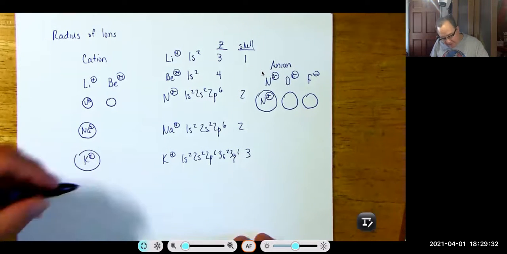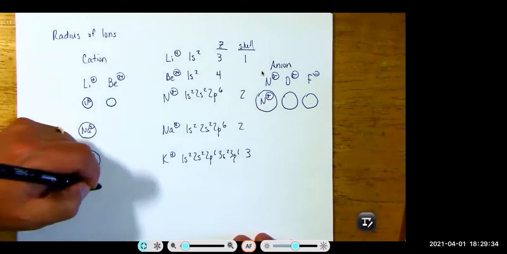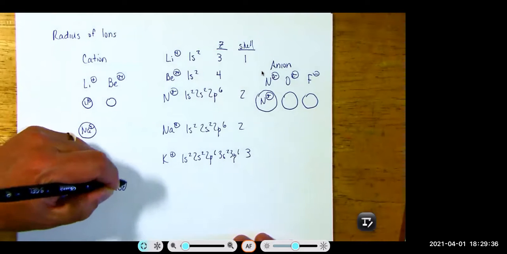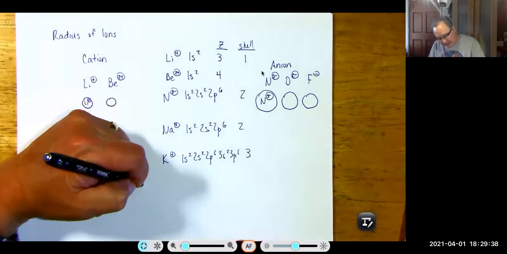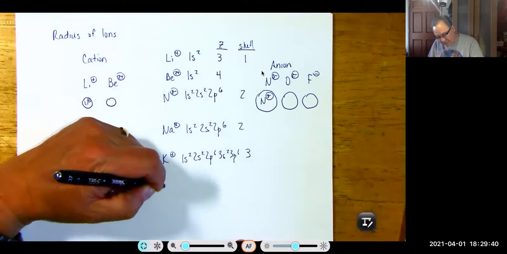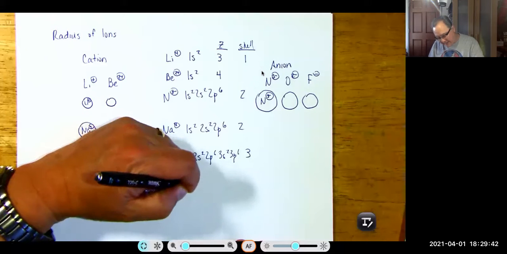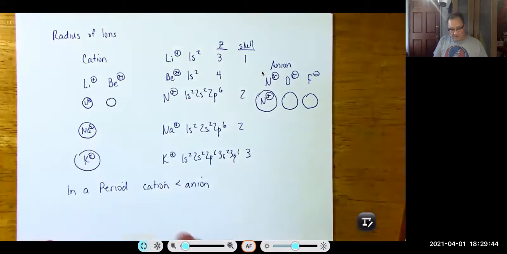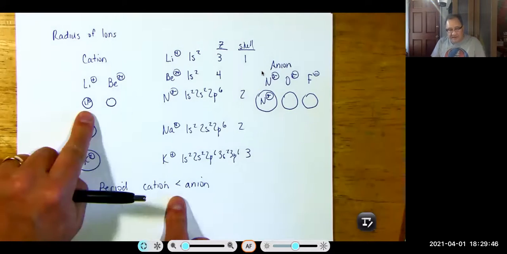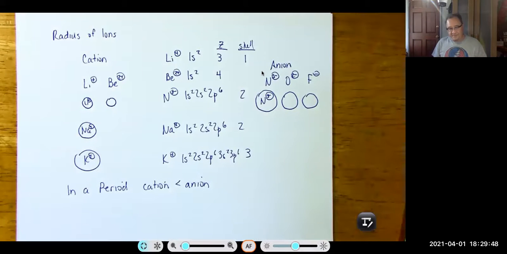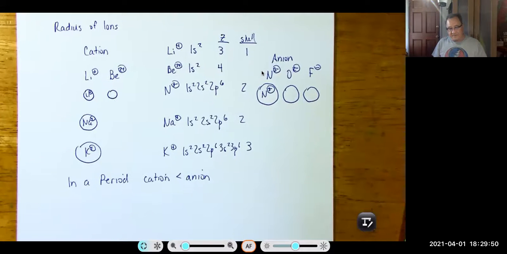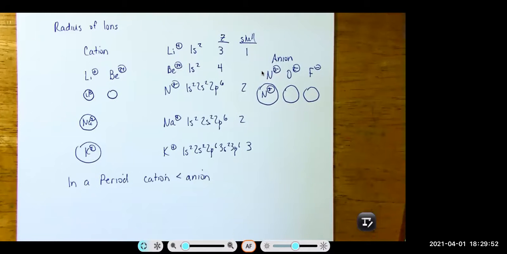So in a period, the cation is smaller than the anion. Are you with me there? Cation smaller than the anion? Okay, in a group,